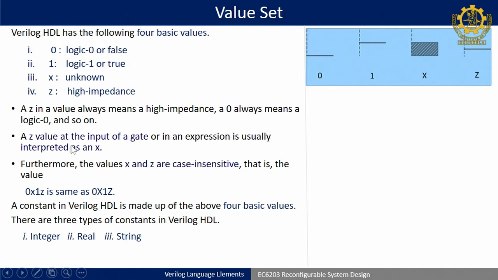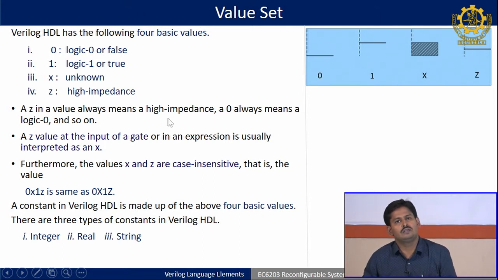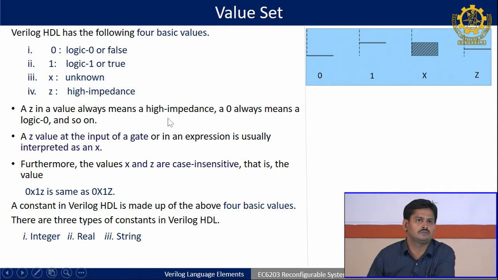So, now coming to what the different values are. There are different values supported in Verilog HDL. One is 0, 1, X, Z. The pictorial representation is given on the right side. 0 is logically always logic 0. Similarly, 1 is logic high or represents validity of your design. Similarly, X means you do not care. You can see this is 0, this is 1, and in between is do not care, we do not know whether it is 0 or 1.